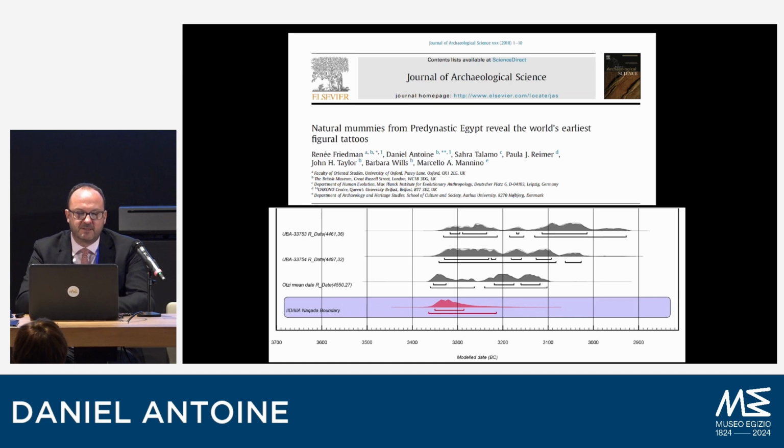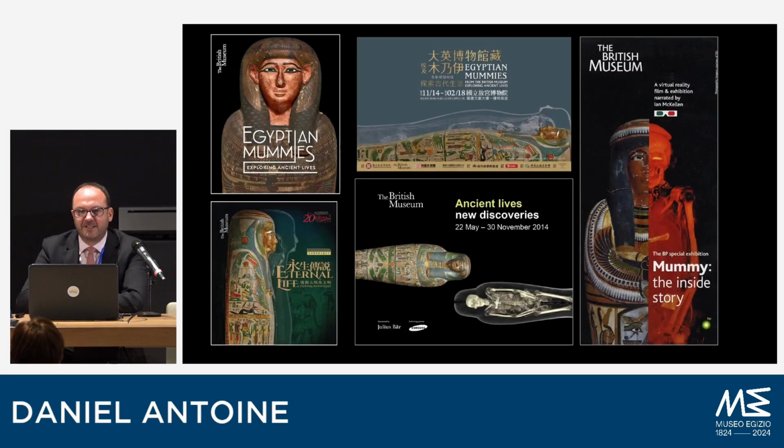So our two Gebelein mummies are the top two, and the third one down is Ötzi. We were hoping ours would be slightly earlier, so we'd have the earliest tattoos in the world, but you can't win all the battles. So this really inspired us to integrate this approach